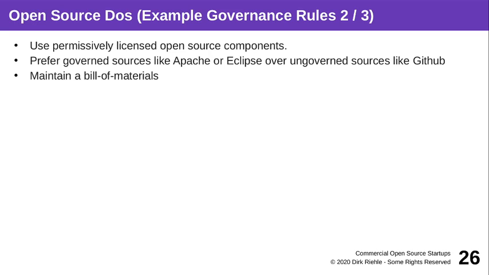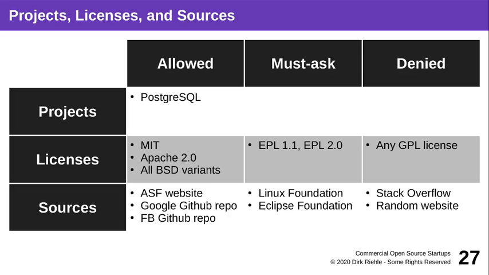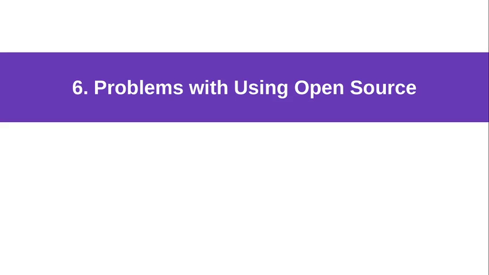So nobody ensures that on GitHub. So GitHub in general is a problem unless the repository is governed and managed by a company that knows what it's doing. So here's an overview of how it could look like. This is straightforward from my own research groups. Governance rules distinguish, so name specific projects if they are common, put them into a local repository. You can allow list certain licenses and some sources, but also clearly identify which sources are not okay.